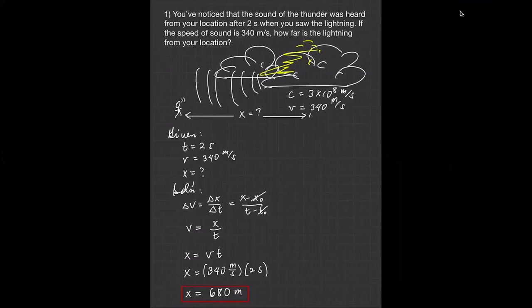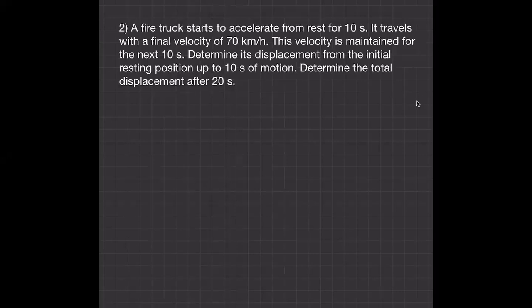Okay, so let's now proceed to the next problem. Okay, for our second problem here, a fire truck starts to accelerate from rest for 10 seconds. It travels with a final velocity of 70 kilometers per hour. This velocity is maintained for the next 10 seconds. Determine its displacement from the initial resting position up to 10 seconds of motion, and then determine the total displacement